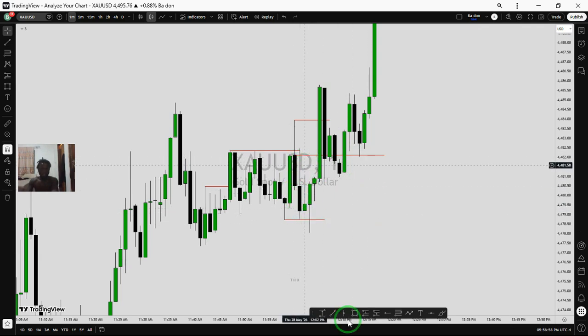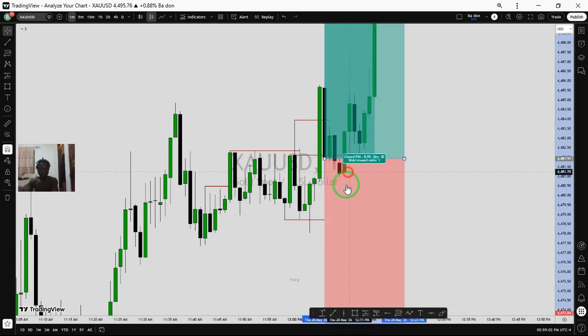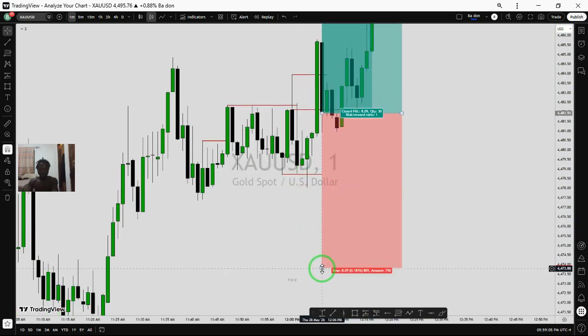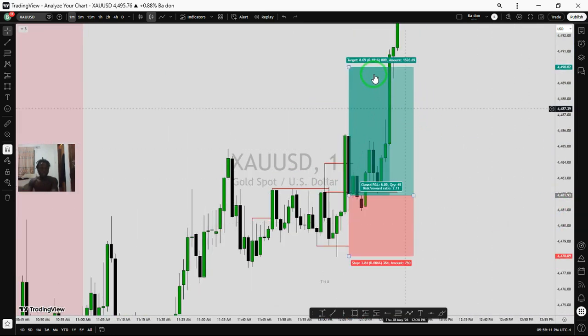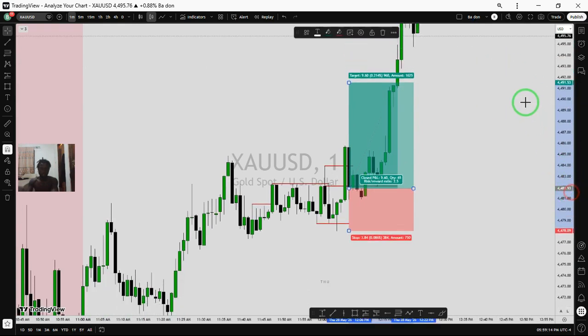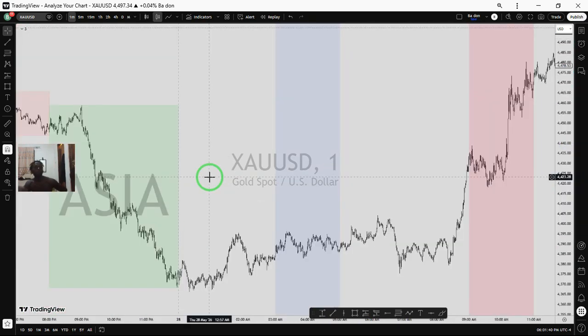So as you can see, we enter from that level. We keep our stop at the low of that level, and we target the 1:2, 1:3. Just target your risk tolerance level. So you backtest the setup and see how it works for you, and tell me how your first trade using